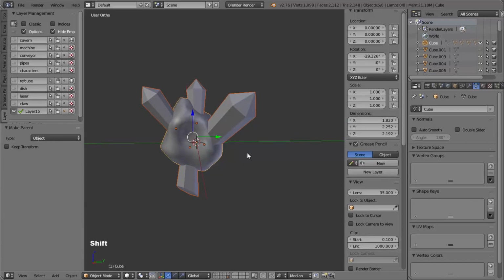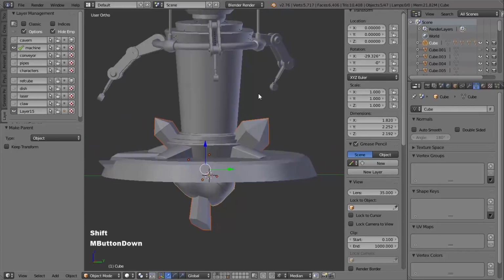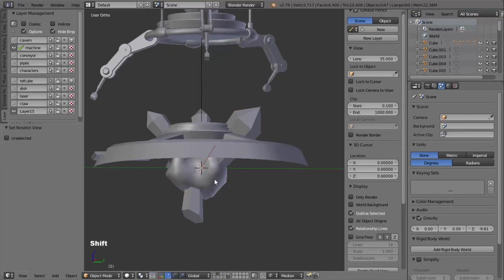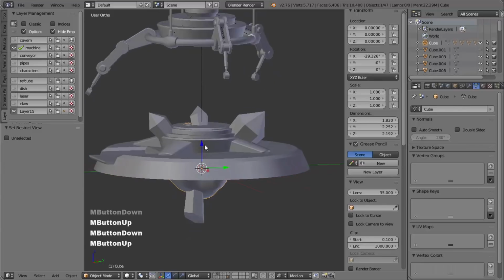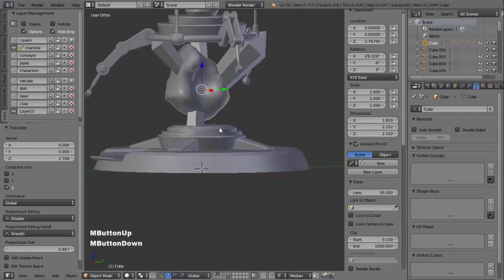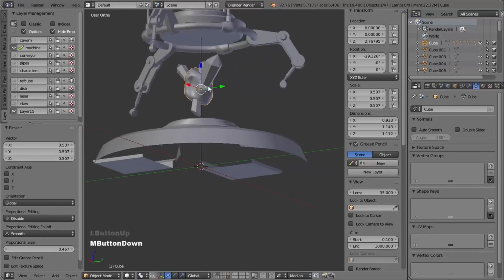So now I want to place this in the center of the machine, so I'm going to bring back my machine layer. And the force field itself is opaque at the moment, so I want to hide that. I'm going to select it and press H, and then I can select the rock and move that roughly into place, and I need to scale this down, so scale it to something like that,